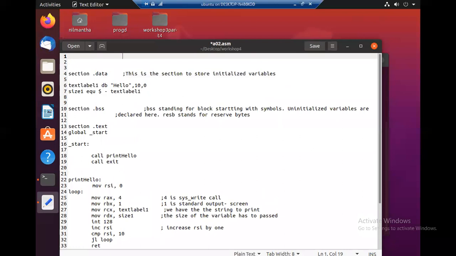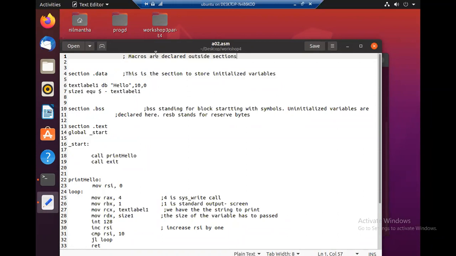So first point is, macros are declared outside sections. Why are they declared outside sections? Because they don't belong to any of these categories. It is not an initialized data, it is not an uninitialized data, and it is not a text or valid instruction.